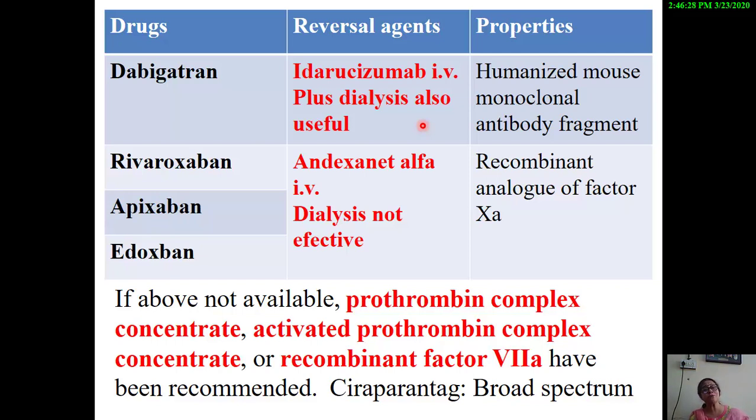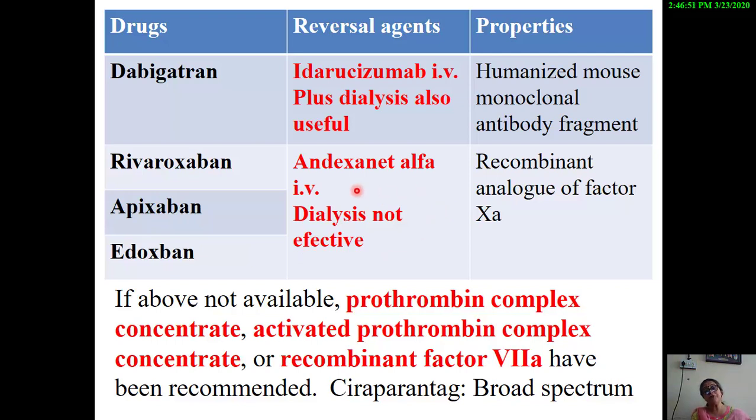So dialysis can also remove the excess of dabigatran which is there in the blood circulation. So that is the other option. And in the case of rivaroxaban, apixaban and edoxaban, the specific reversal agent which we have goes by the name of andexanet alfa, which is